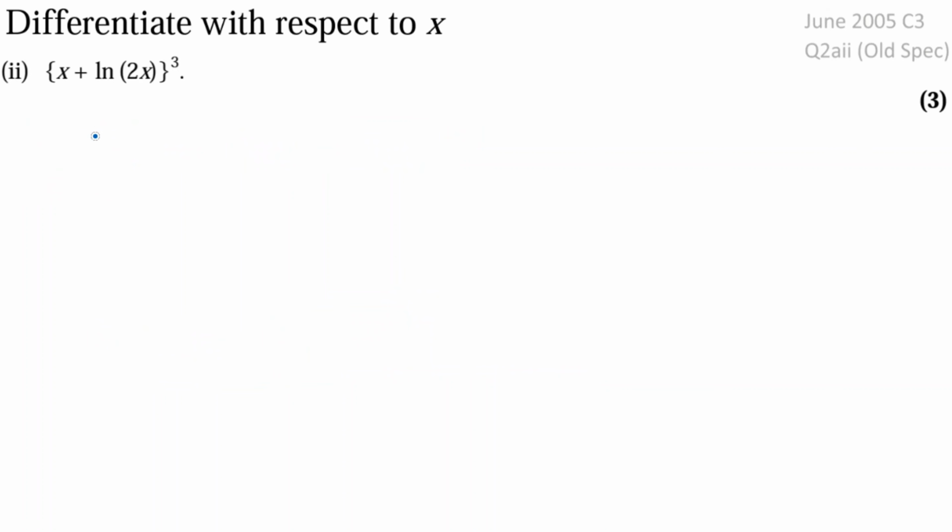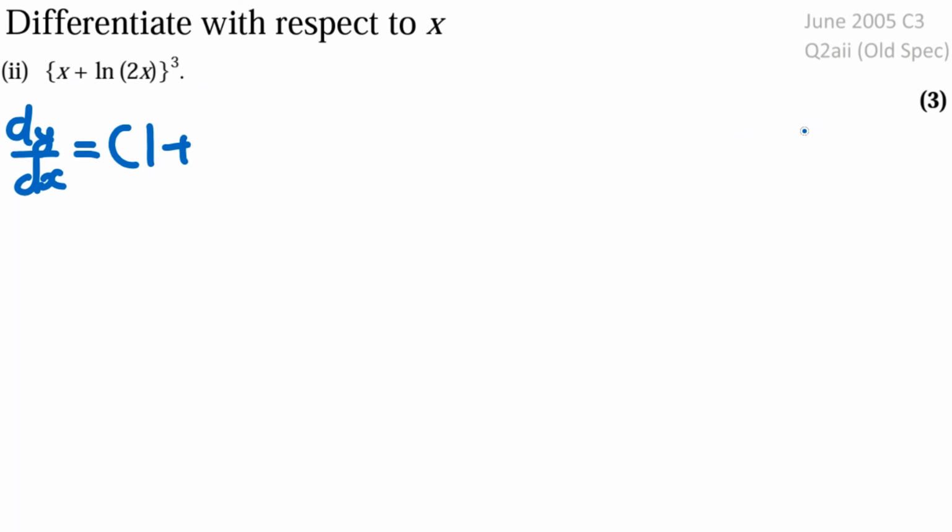So here's another exam question where we need to differentiate with respect to x, x plus the natural log of 2x to the power of 3. So dy over dx is going to be, so we're going to need to use the chain rule when the inner function is x plus the natural log of 2x and the outer function is this power of 3 here. So dy over dx is equal to, so the inner function differentiated is going to be this differentiated here. So x differentiated is 1, and the natural log of 2x differentiated is, so we talked about this in the